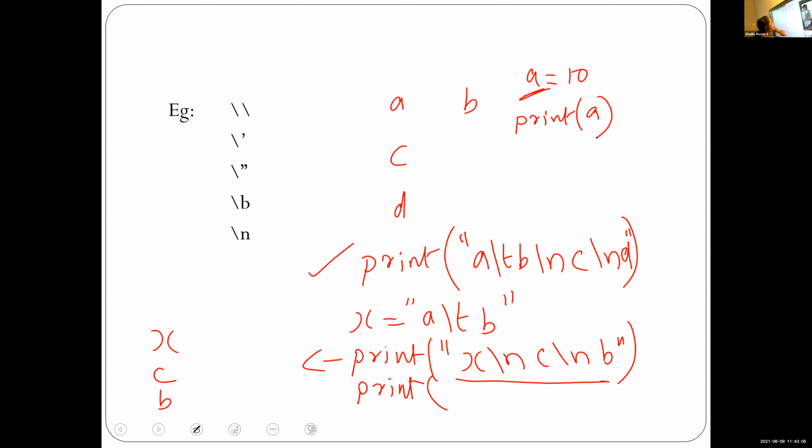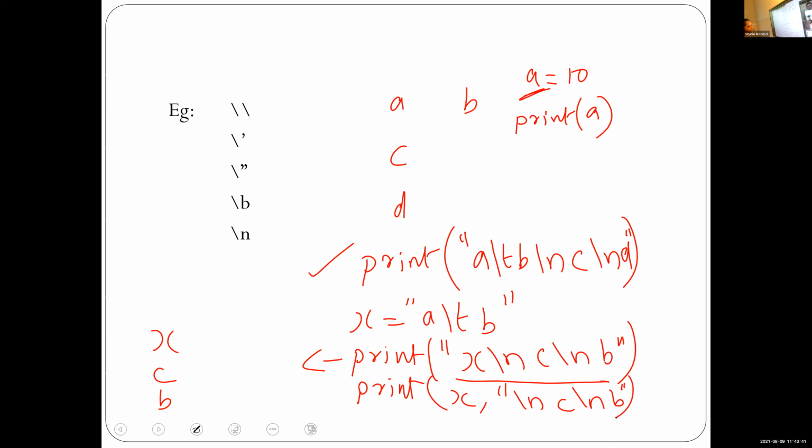Okay, then how will we rewrite this statement? I want to print the content of x. After that I want to print c slash n b. Vinayak, any idea? Ma'am, print x comma within double quotes slash n c slash n b.